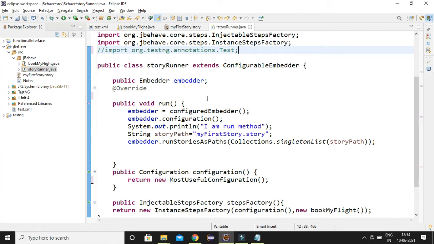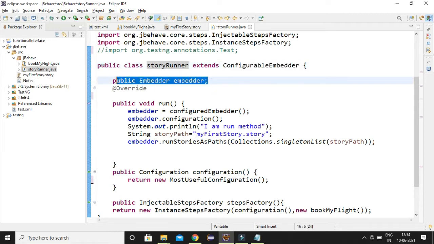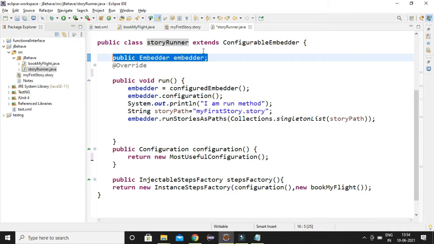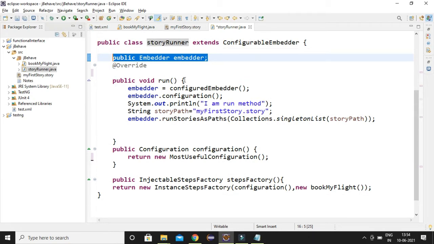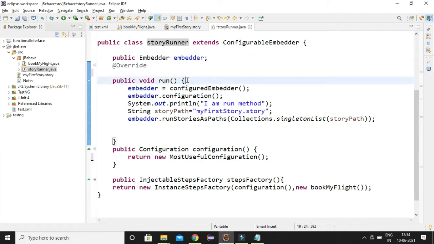In order to compile our stories, I am creating a new class called StoryRunner, which extends ConfigurableEmbedder. So take a variable of type Embedder. ConfigurableEmbedder is an abstract class which contains a run method, so we have to implement the run method. Before implementing the run method, we need